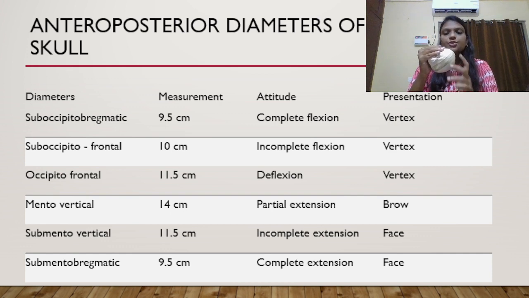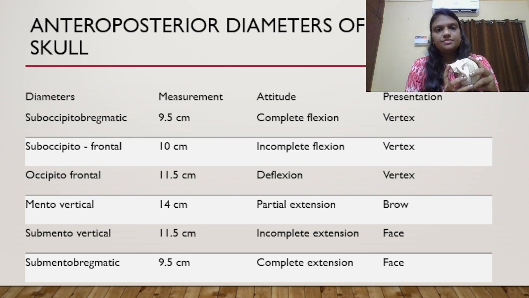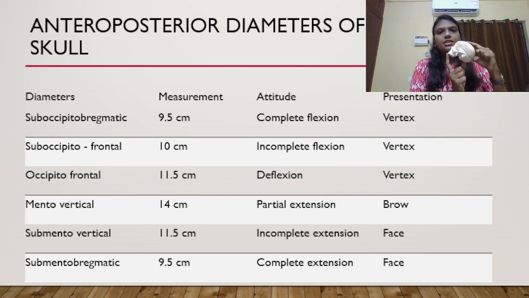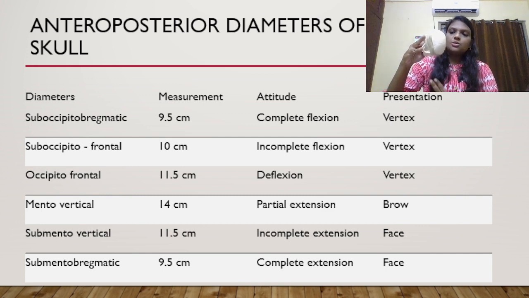mentovertical. Mentovertical is the distance between the mentum to the vertex. It measures about 14 centimeter. This is the mentovertical diameter. From the mentum to the vertex, the highest point of the fetal skull is the vertex, which measures about 14 centimeter in partial extension. So, in partial extension, while I am doing a pervaginal examination, I am going to feel